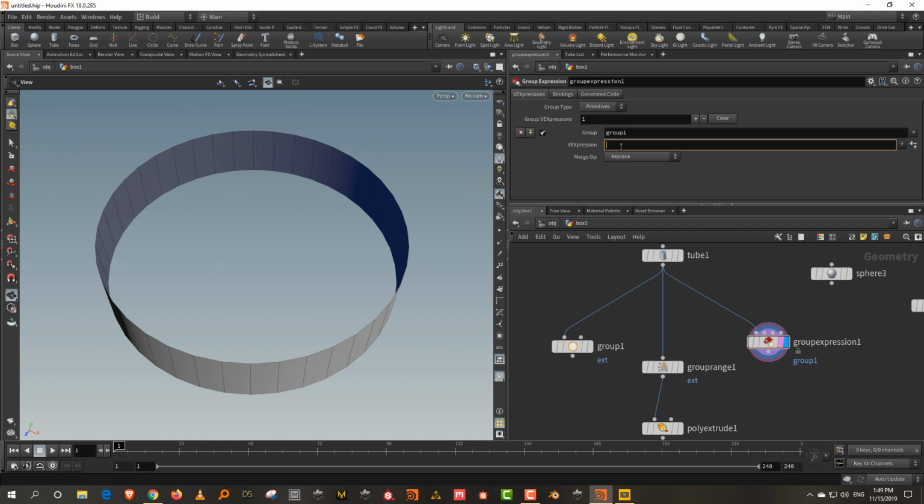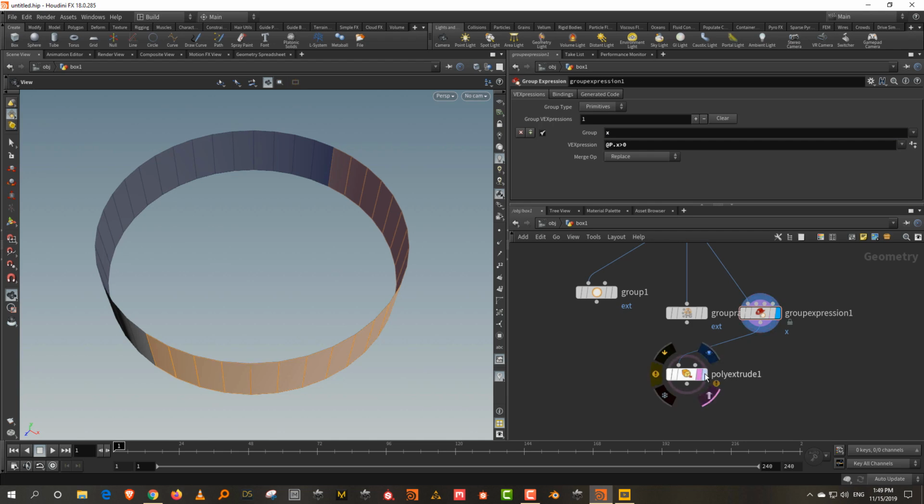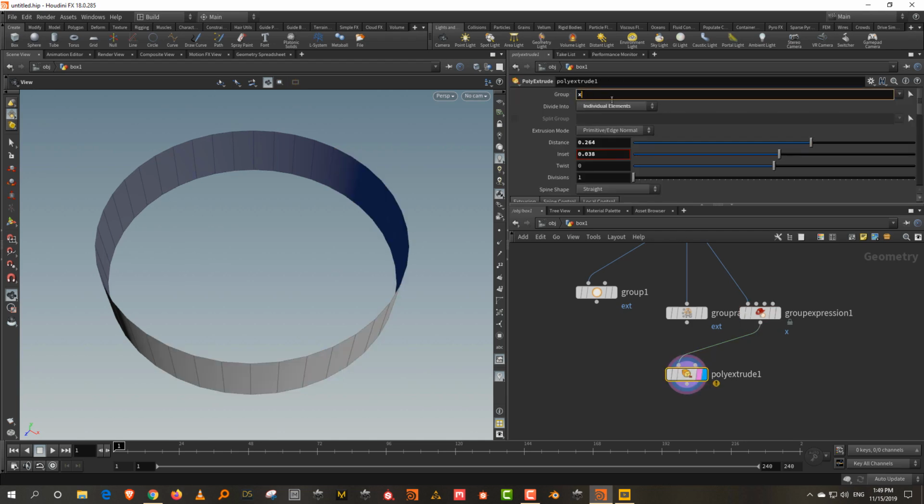And since it is coding, you always need to add an at sign before it. Okay, like that's the function. So you take an at and it's p, which is position, dot x. And we say p dot x is greater than 0. And you selected everything that, see, so that's the x-axis down here, like if you can see there. And so this is the positive, that's the negative. And I'll call it x, that's the group name. So I can feed this into poly extrude, and you'll have to change the group name, we'll call it x,